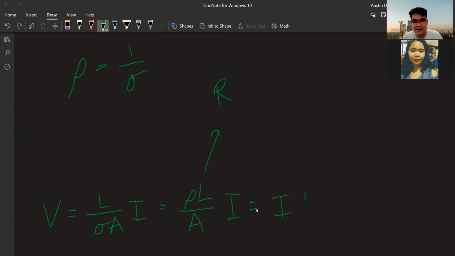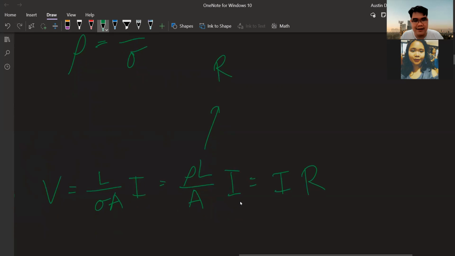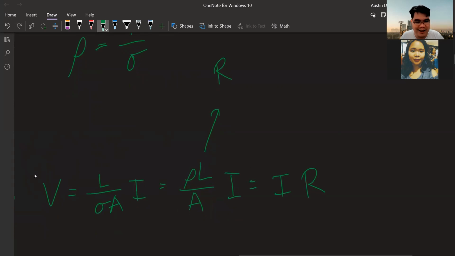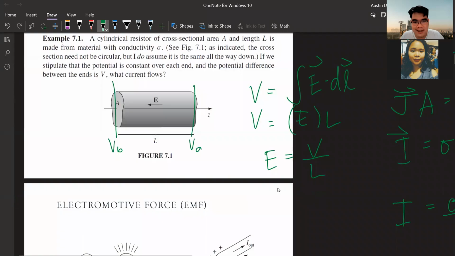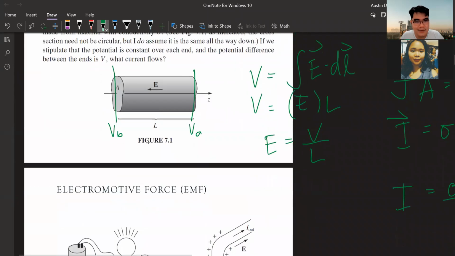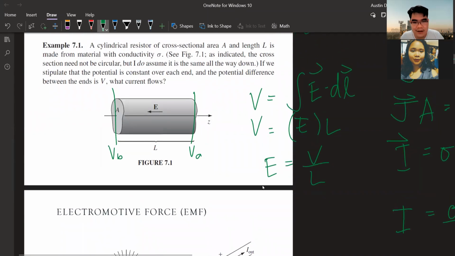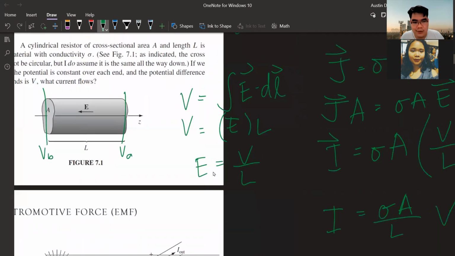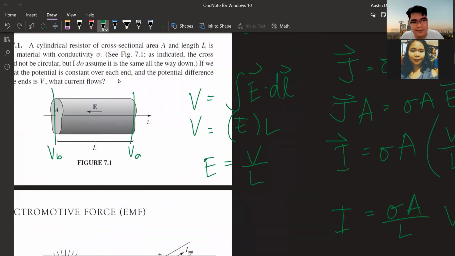So this, the right hand side is I R. And amazingly, ito yung mas alam nating formula for Ohm's law, which is V is equal to IR. Okay? So diyan pala napaulit yun, no? Okay. So pwede niyo prove na ito yung potential ay yung electric field in the region between this. So nasa libro yan, example yan sa libro kung paano niya pinrove na this is just